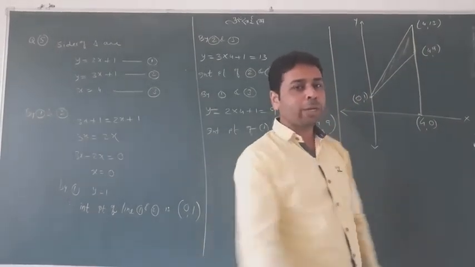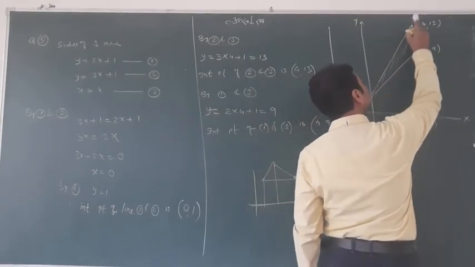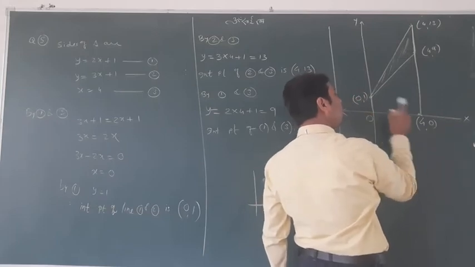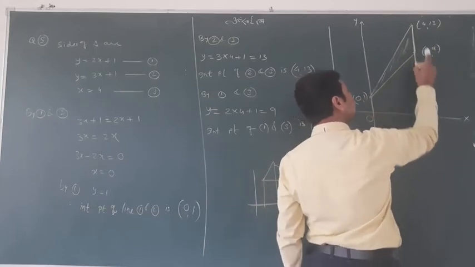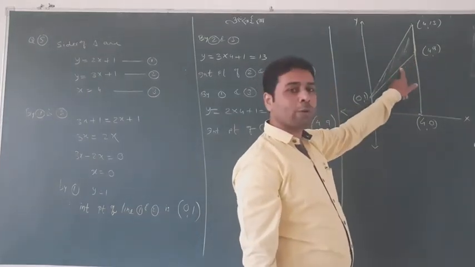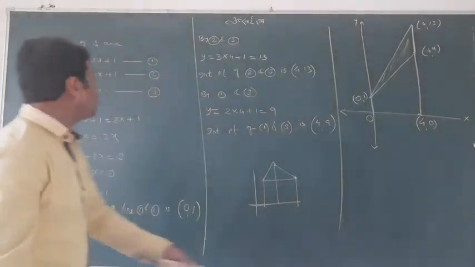Can you see the tip of the chalk? This area, this area, this area. I'll find between 0 to 4, and then I'll find this particular area between 0 to 4. Definitely I'll find the upper graph minus the lower graph and get an answer. So, easy thing. Let me wrap up now.